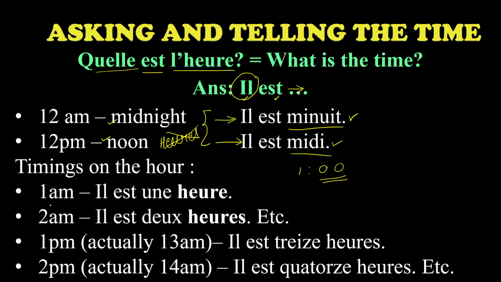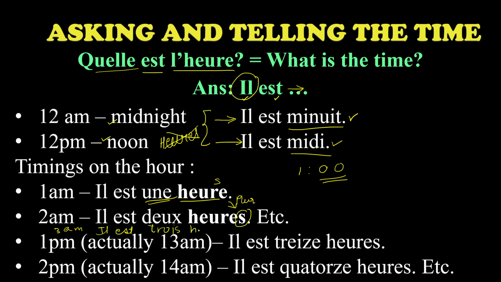So for 1 a.m. it is il est une heure. You have to put the number and the word heure. Now for 1, it will obviously be singular. For the rest of them, as you go from 2 onwards, this will get an S here because you're adding on numbers. This is singular. The rest will all be plural. So 2 a.m. will be il est 2 heures, and 3 a.m. will be il est